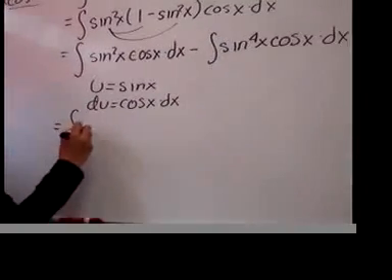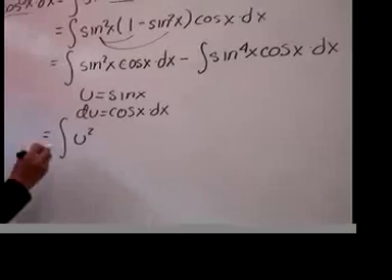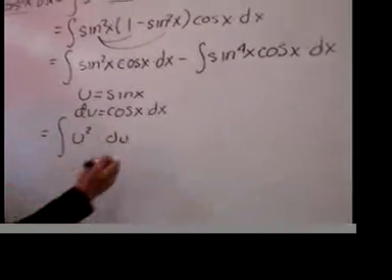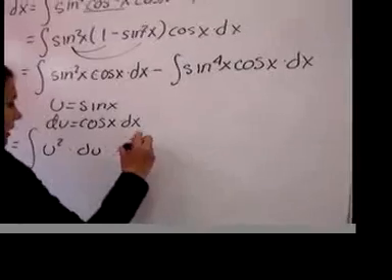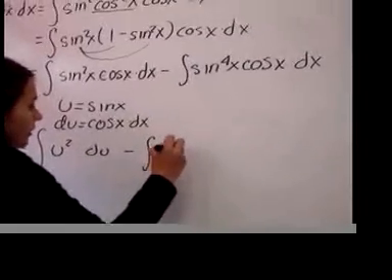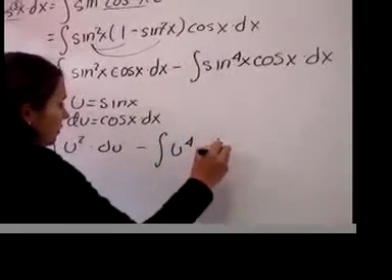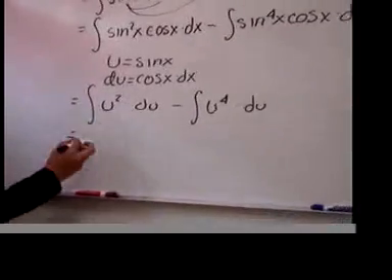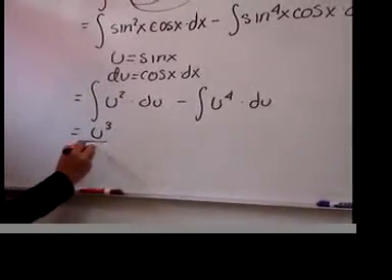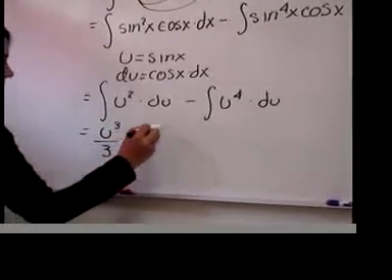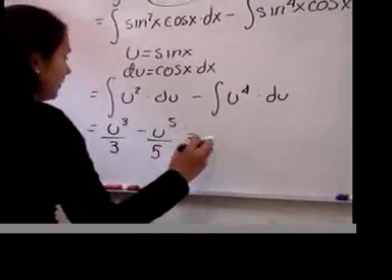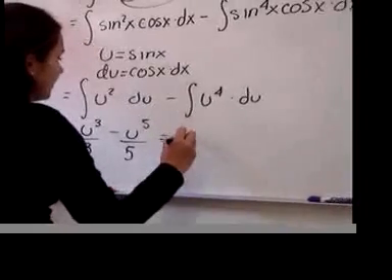So you use u squared times du, that is cosine of x, minus the integral of u to the 4 times du, and then you have to do the integral of u, that is u cubed over 3 minus u to the 5 over 5, and this will be equals to sine